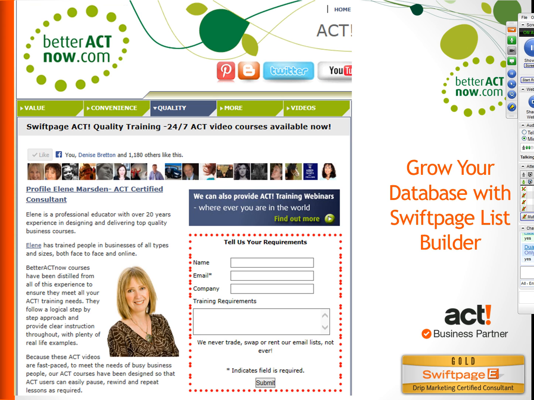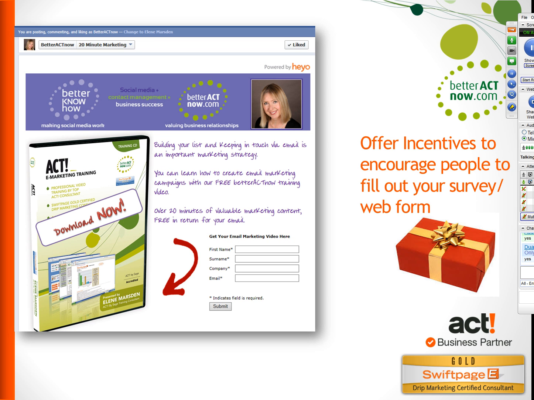So you get the code from Swiftpage and you either get your web developer to do it for you, or if you've got a content management system, you can add it yourself. And then I get inquiries from that. People will leave their information. I think, Gavin, you came from one of those forms, possibly from one of my websites. So there we are. That's a sample of a web form.